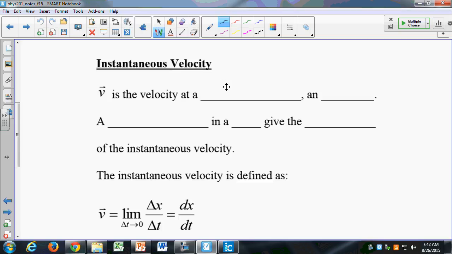Okay, we're going to look now at instantaneous velocity. We've defined average velocity, and we're going to look at instantaneous velocity, and that's where we'll begin to see some of the calculus coming into this chapter, the definitions of derivatives and integrals, and how they apply to things moving, to kinematics. The instantaneous velocity is just the velocity at a particular time. Literally, the velocity at an instant. That's where instantaneous comes about, at a particular instant. This is simply,